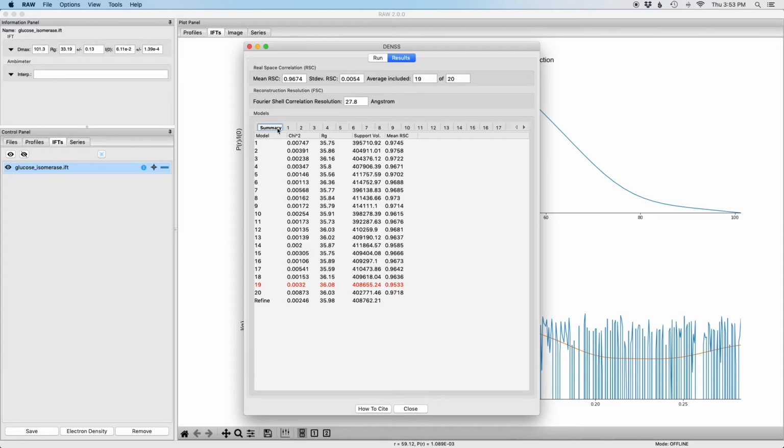So coming back and going through what these are, just a little bit. For the mean RSC, this is the average correlation score between all the different models. And this is the standard deviation of the correlation score between all the different models. This then tells you how many of the models were included in the average. In this case, only one model wasn't included, which is pretty good, and that's because in this case the standard deviation is actually quite small, so even though all the models are very similar, one model happened to be outside